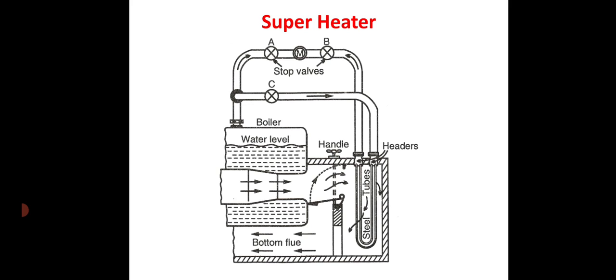It consists of two mild steel boxes or headers from which hangs a group of solid drawn tubes bent into U form. The tubes are arranged in groups of 4 and 5, and one pair of headers generally carries 10 of these groups. The steam enters at one end of the rear header and leaves at the opposite end of the front header.